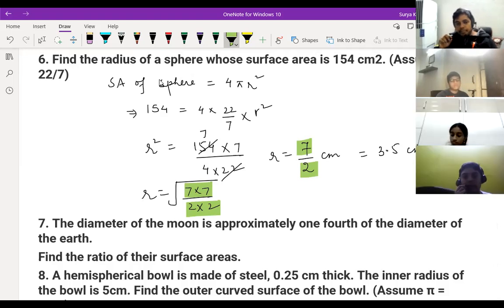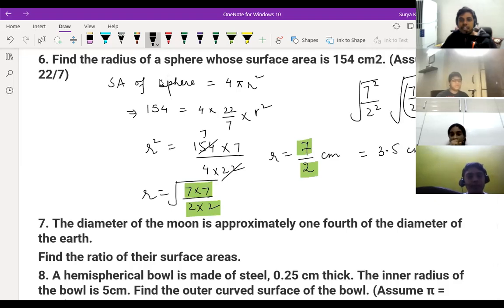Sir, if we don't understand, we can also write 7 square by 2 square, whole root. That is what we did, no, sir? Yes. If anything is repeating in the root, we bring it out only one time. Okay, actually you are saying it this way, right? Yes, sir, the root and the square cancel. If the whole thing has a square, then you can cancel like this. That is the only concept.